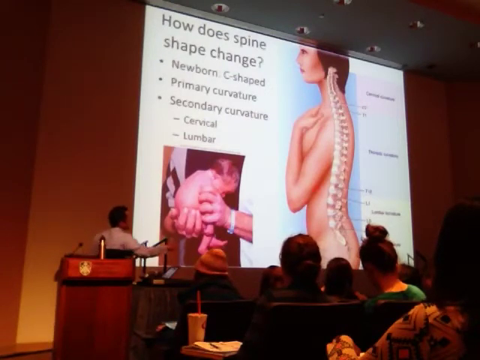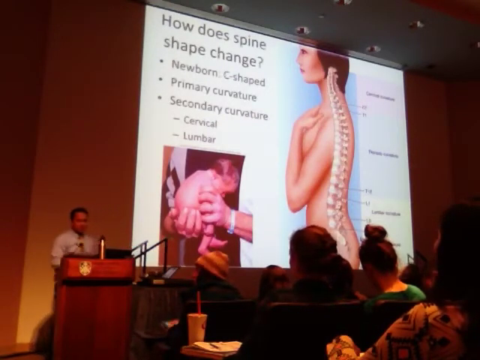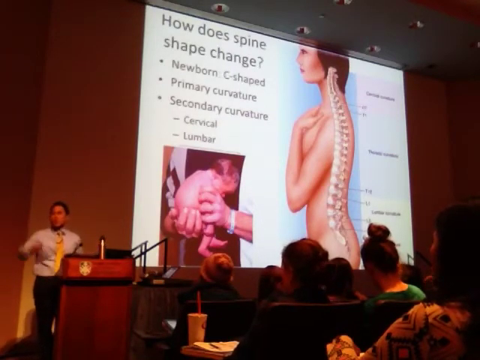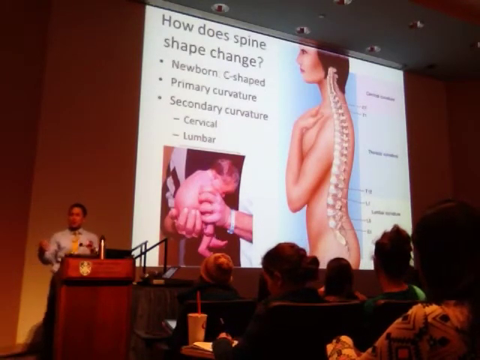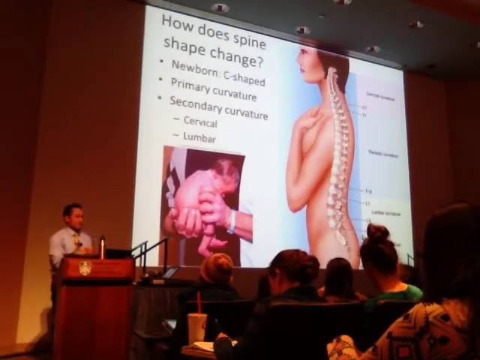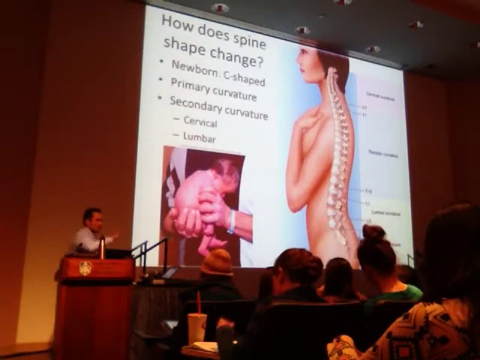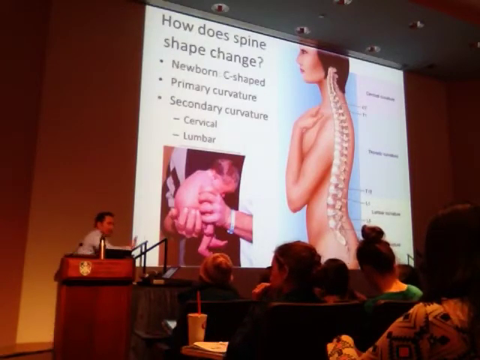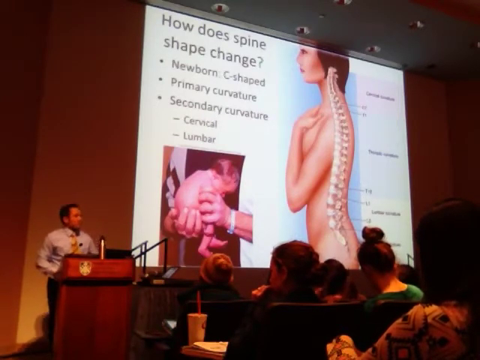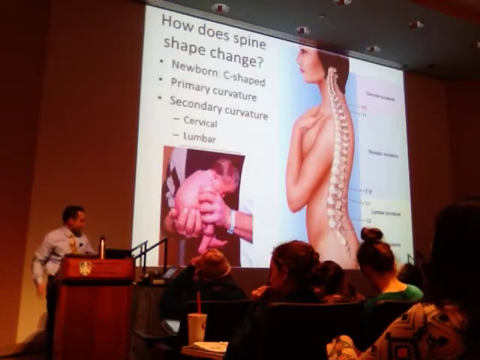Then the next milestone, the lumbar curvature, actually happens when? When you start walking. As you start walking, you're putting stresses in different ways across the vertebrae. And so those vertebrae actually respond and you get that lumbar curvature later in life when you're walking. So here's evidence that our bones do remodel.